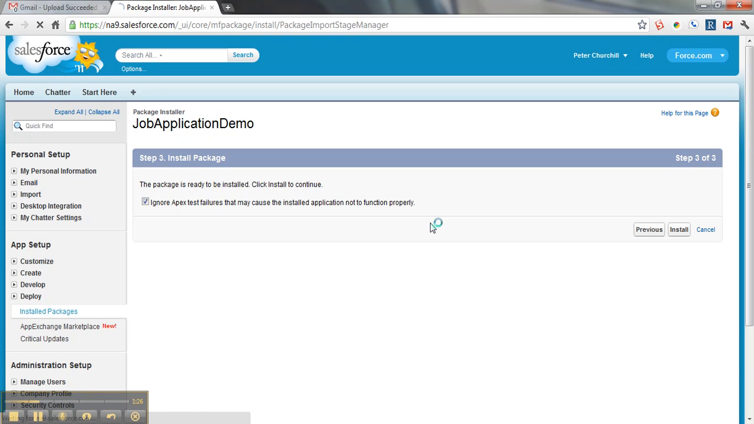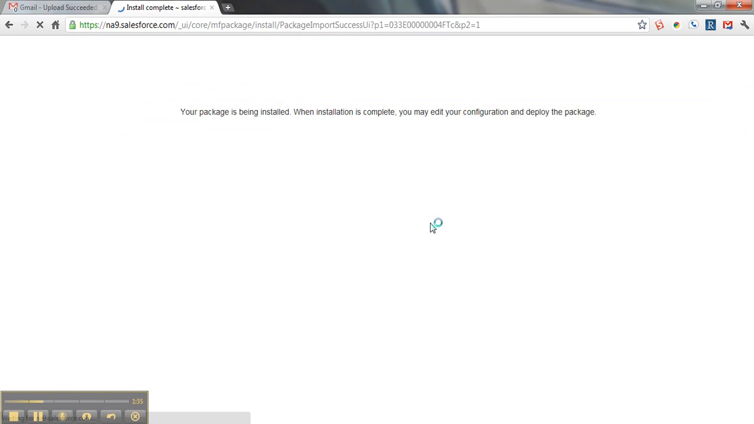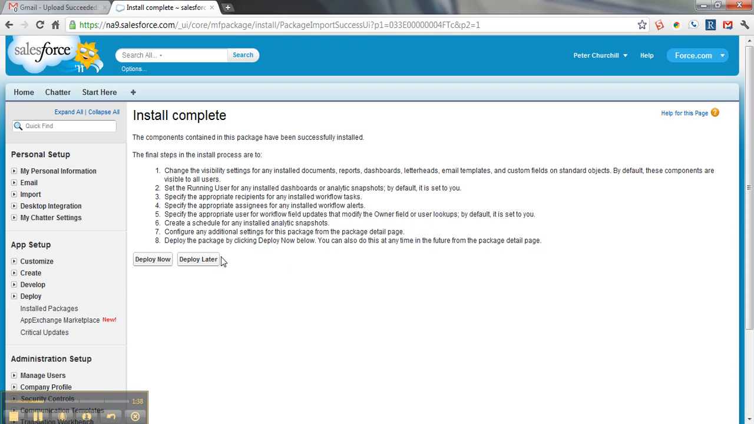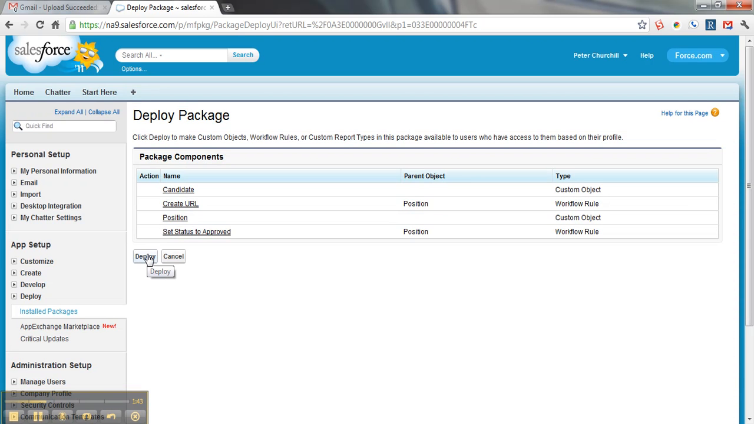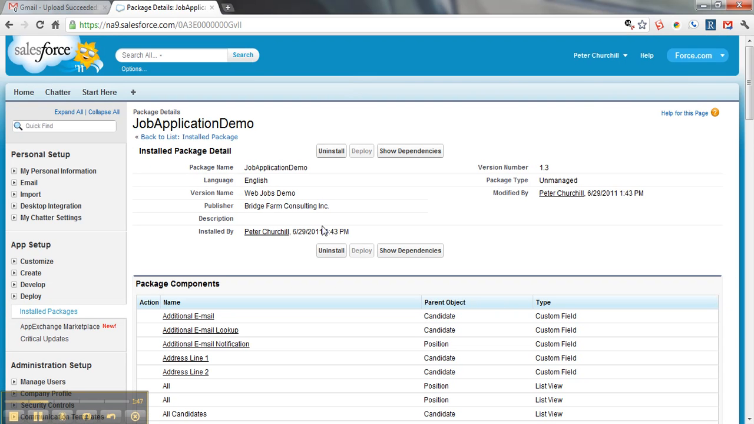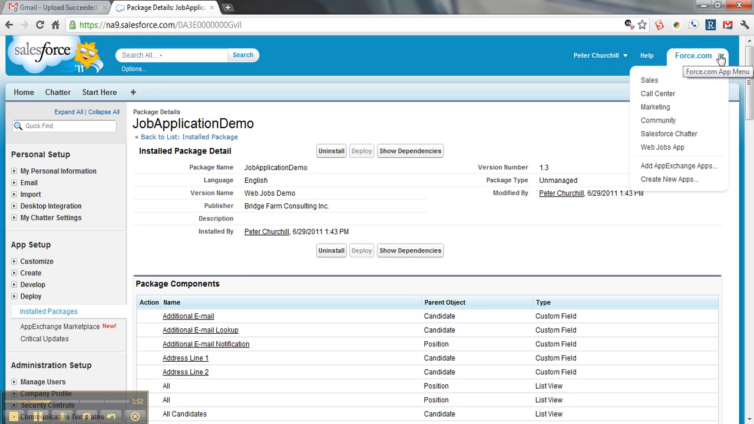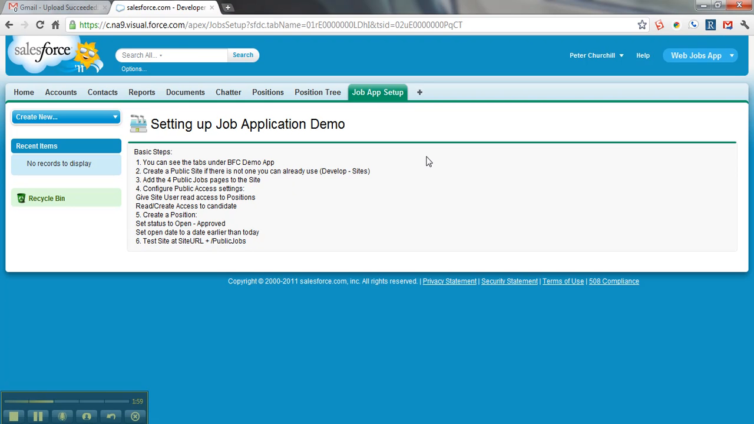And once the package is installed, then we're going to go through a couple of extra steps in order to get it up and running so that we can see it working on a live environment. The package is installed. We're going to say deploy now to make sure all the workflow, etc. is set up and running. We hit deploy. And once that package is deployed, then there we are, and we'll see at the top right corner now a new application is installed called Web Job Apps. So we click on that. You'll see I've created a little guide of what we need to do, and that's basically what we're going to